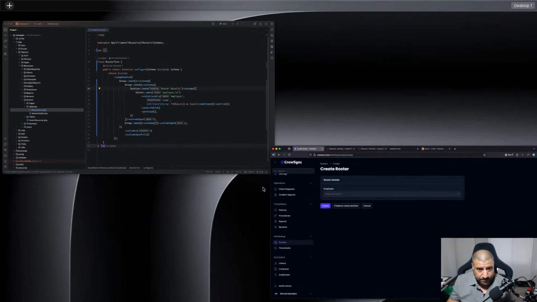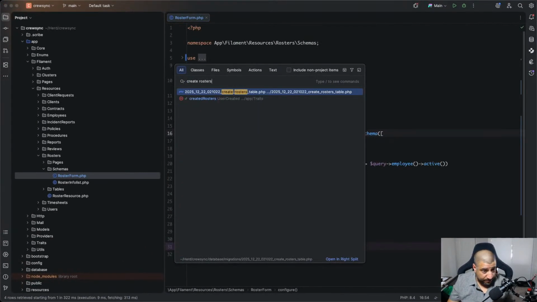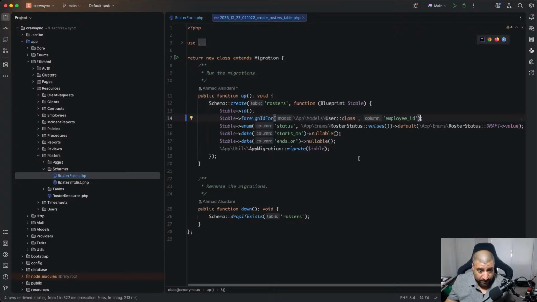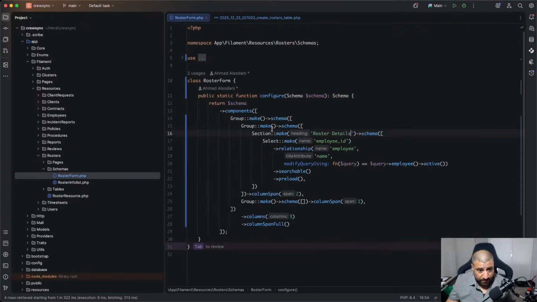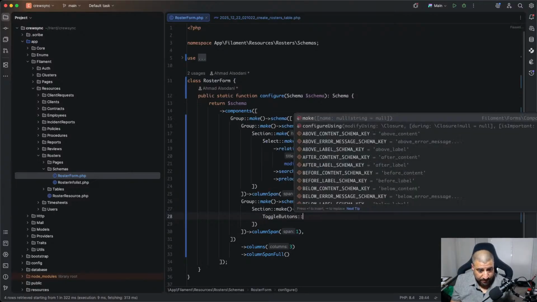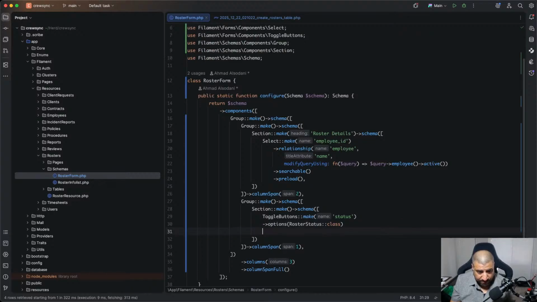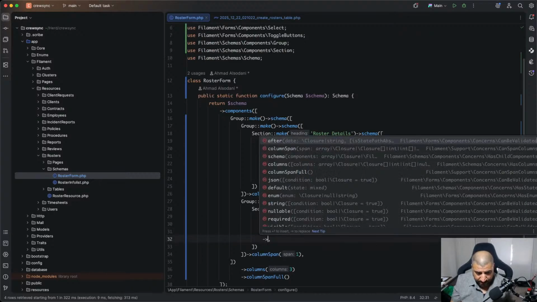All right, so roster details. What else do we have inside the rosters? We need the status. We're gonna put that on the right hand side. So here we will add a section. We're gonna add a toggle button for the status. The options are roster status, and they are online, and they are